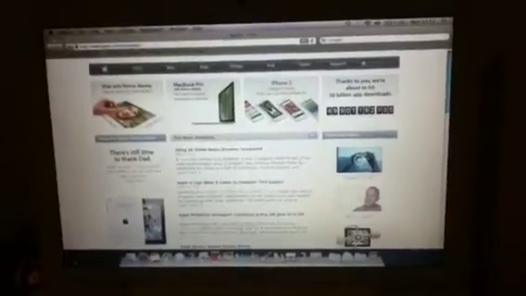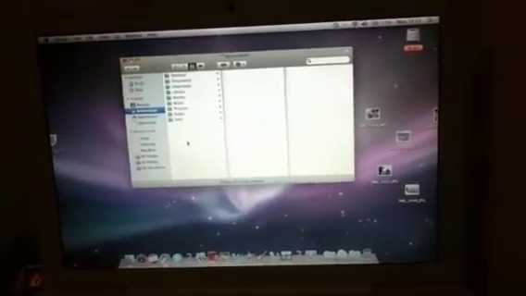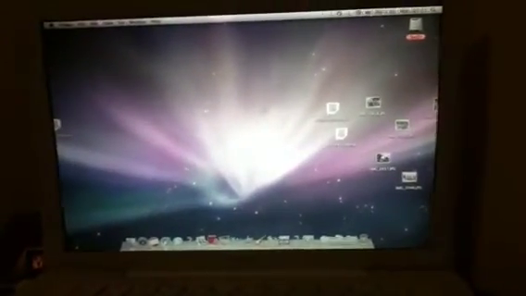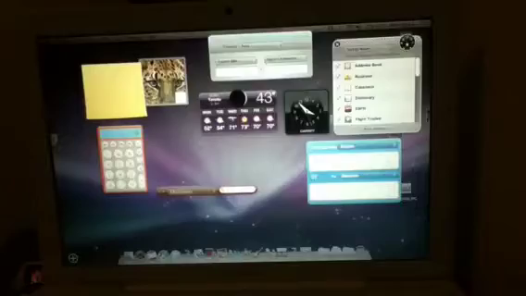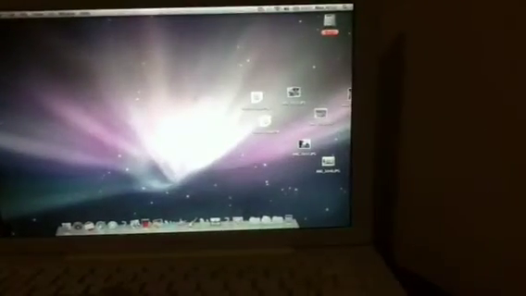Another feature I like on the Mac OSX is spaces. As you can see, right now I have 16 spaces set up. So you can easily go from your internet, switch over to another space, and go to Finder. You can also change the hotspots. So if we go up here, it goes to the dashboard, and